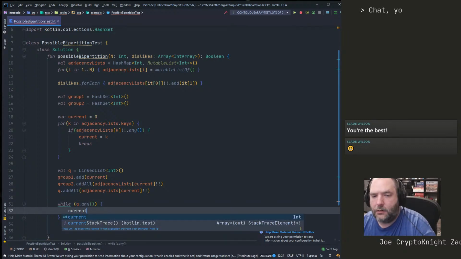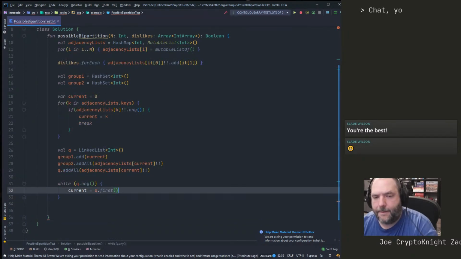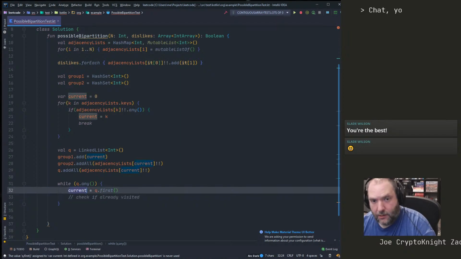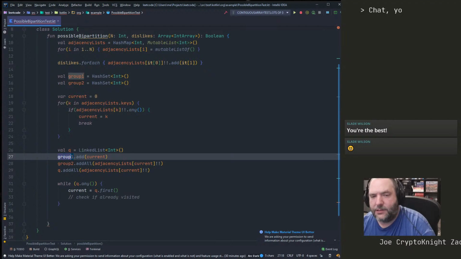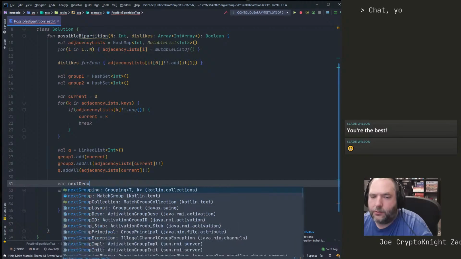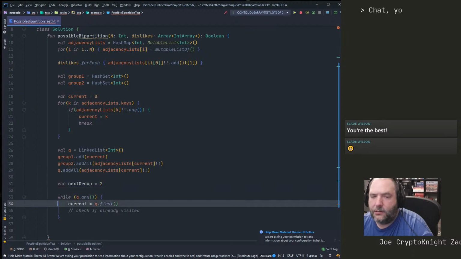we can say current equals queue dot first. There we go. We do have to check if already visited. I'll do that in a minute. Just don't want to forget it. So I'm prone to forgetting that check. All right. Now what? I basically do these steps, except that the group that I'm going to is going to change. So we'll keep, I don't know, a variable next group equals 2. And we'll flop this variable back between 2 and 1,